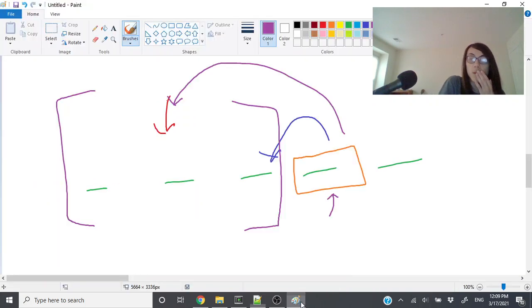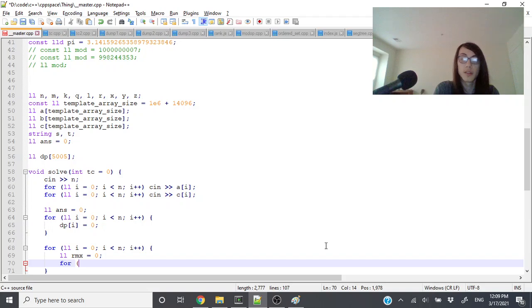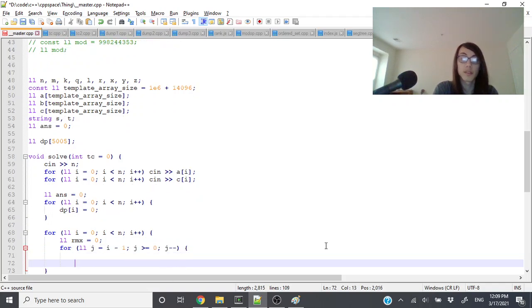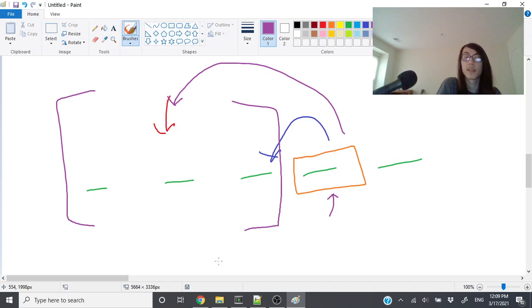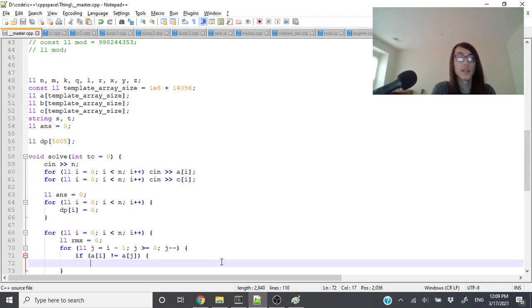So this is the new largest point. For each previous point, rmax is equal to 0. For j = i minus 1, j greater than or equal to 0, j minus minus. First we consider jumping from here to j. So if a[i] is not equal to a[j], then